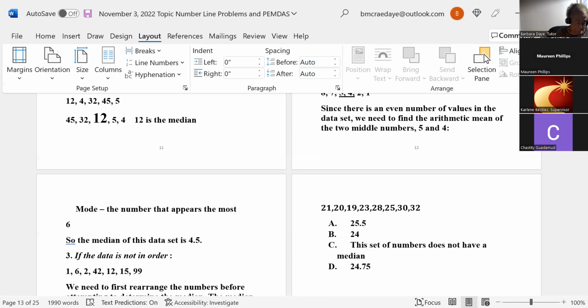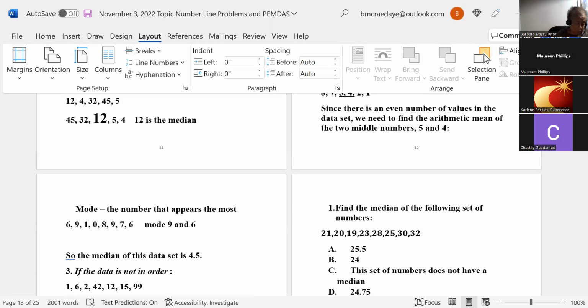Okay, 6, 9, 10, 8, 9, 7, 6. What's the mode, Maureen? The mode is 9 and 6. Okay, the mode is 9 and 6 because they both appear twice,